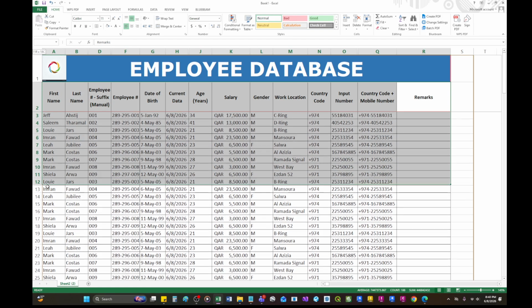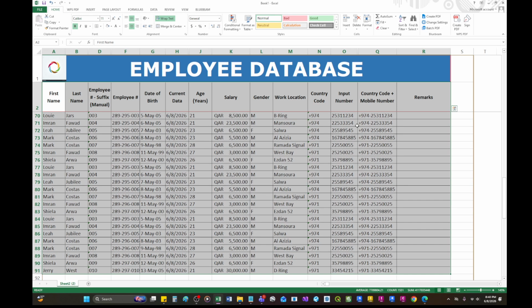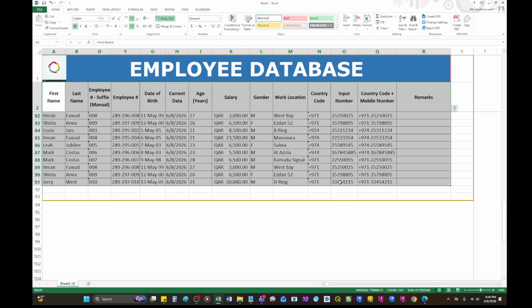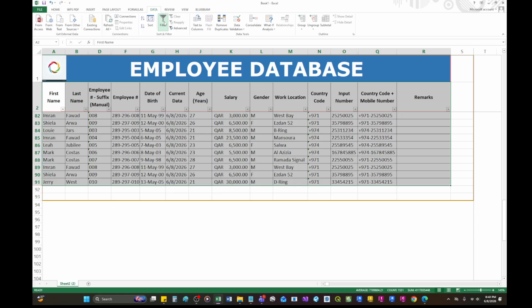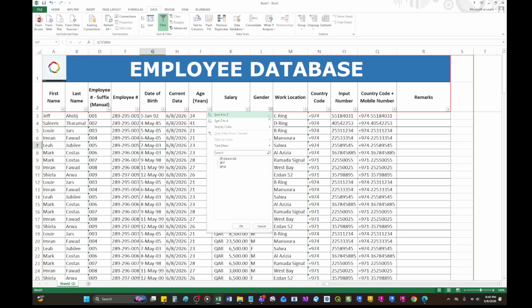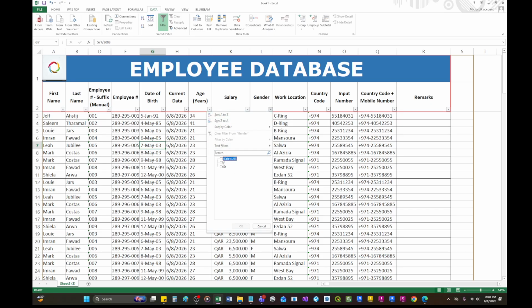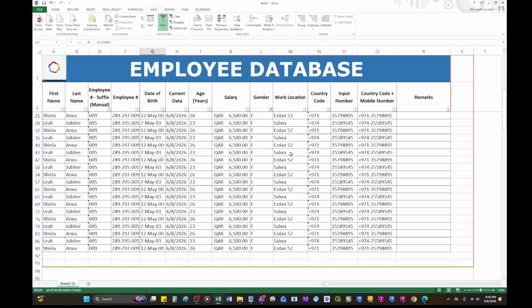So let's do this. Let's filter. Let's go here. One shortcut you can do is Control Shift and then press the down arrow, and it will automatically highlight up to the bottom part where there is available data. After you do that, go to Data, Filter, and then you can just play with it from here. For example, you would like to hide some samples, you would like to get only the females. So you go here, click this filter, select all, and then click only the F. So only the females will appear.